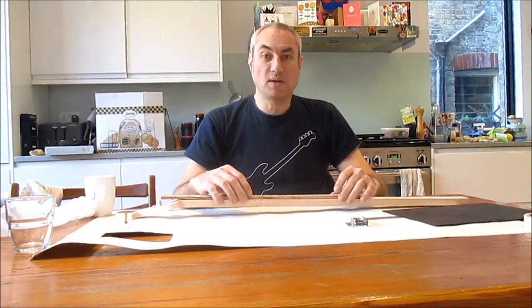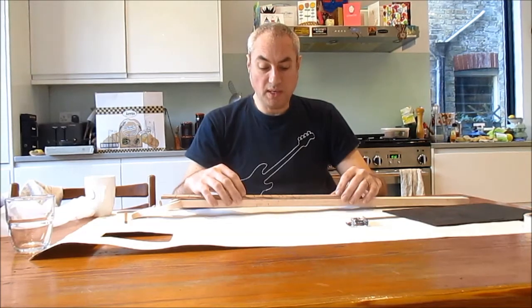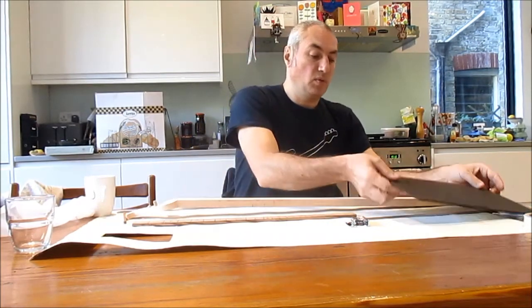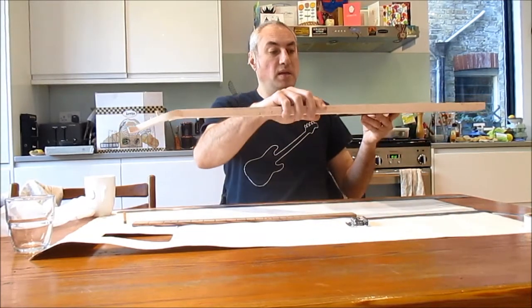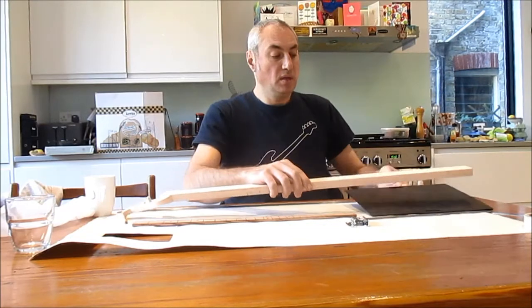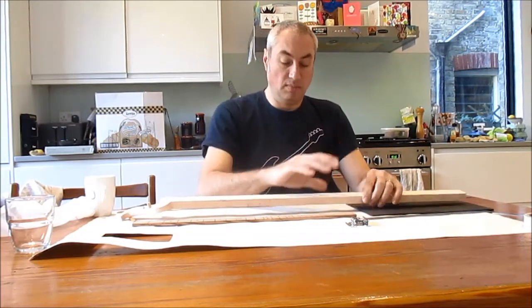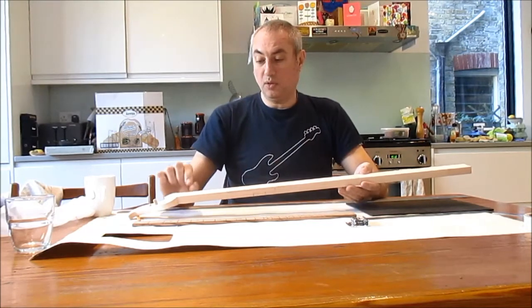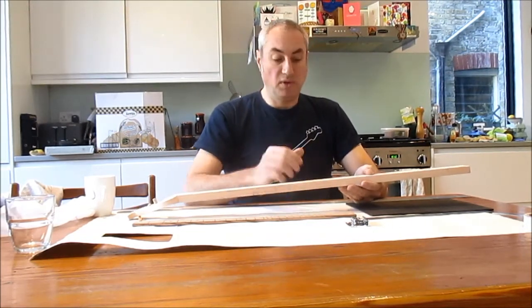Okay, so just some thoughts about neck angle. Neck angle is the angle effectively between the neck and the box. What that does is it alters the string action along the neck, and you'll find that if you